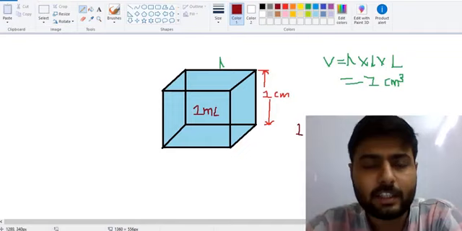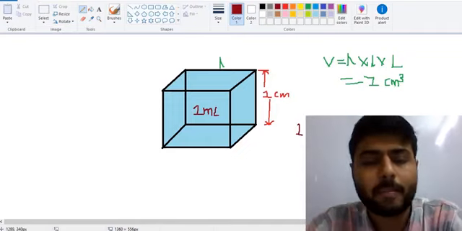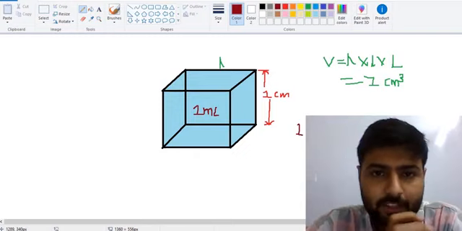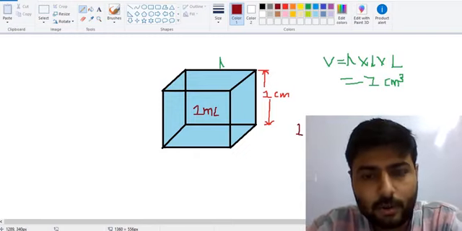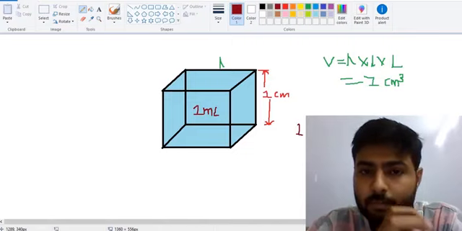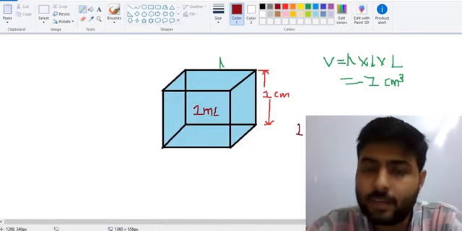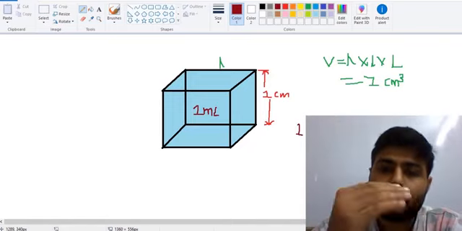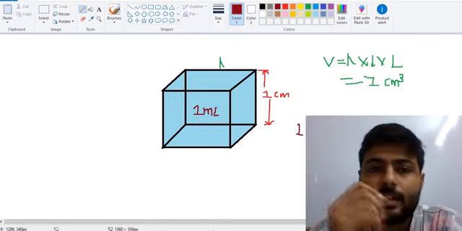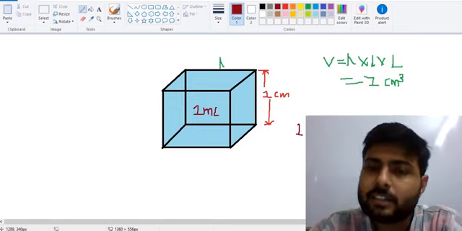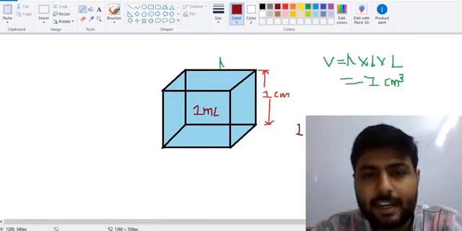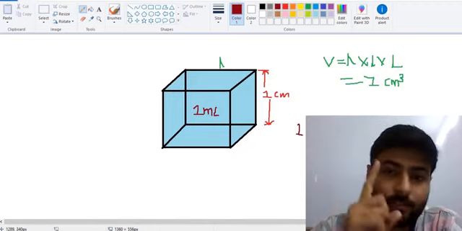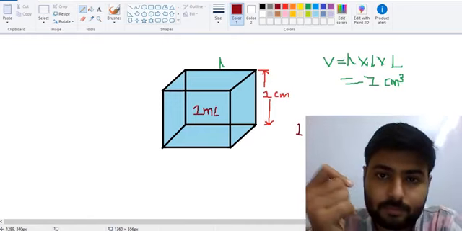So I hope now you understood the conversion of two different units of volume, that is liter and meter cube, and milliliter and centimeter cube. Similarly, we have a relation for liter and meter cube, that is